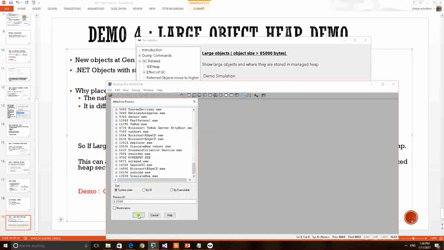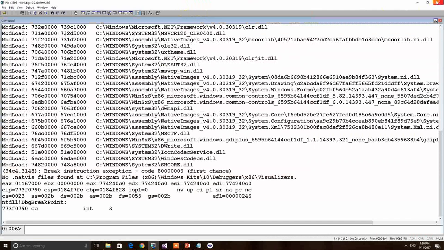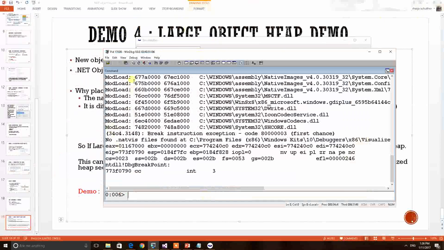Now the application is attached to the debugger. First thing, I have to load a DLL, CLR. SOS DLL contains all the .NET debugging commands, so this is a preliminary step in every .NET debugging using WinDbg.